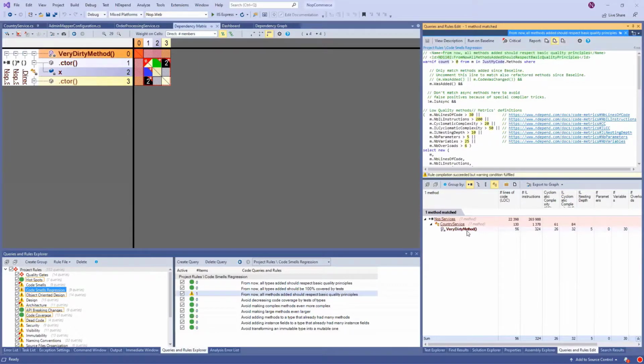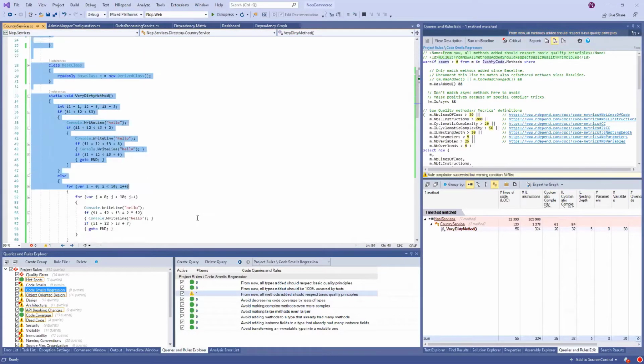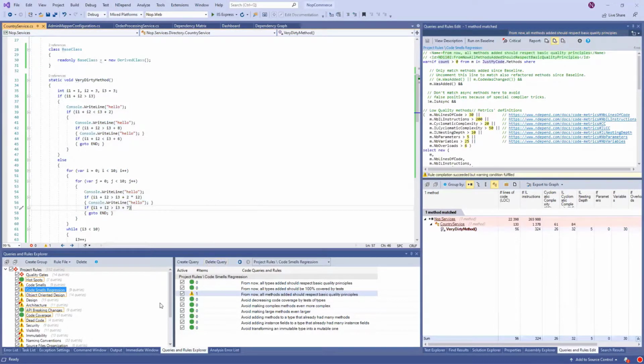Typically, if you are comparing the baseline against itself, there is no regression, even though there is some dirty stuff. NDepend doesn't see any regression because it's examining the delta between baseline and now. But now because we have a delta, and do you remember this delta? This is this guy. Now the regression detected that we introduced something very dirty. So that kind of rule is quite interesting.